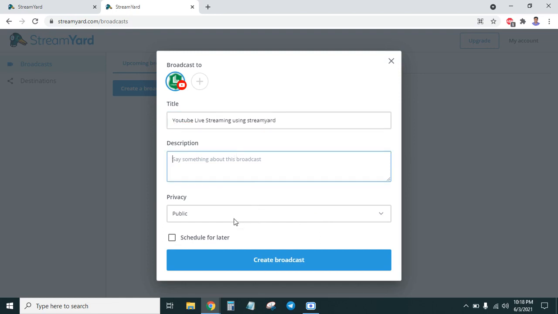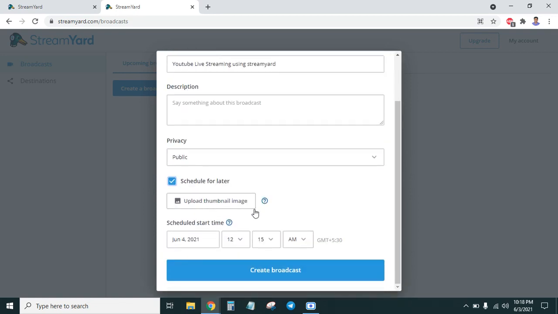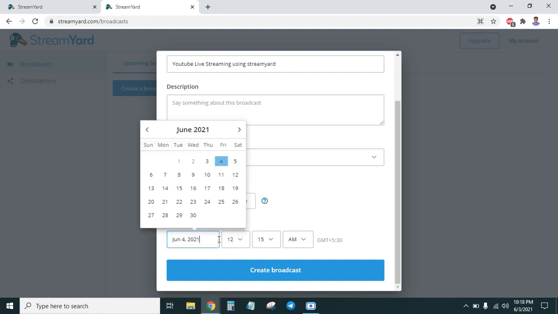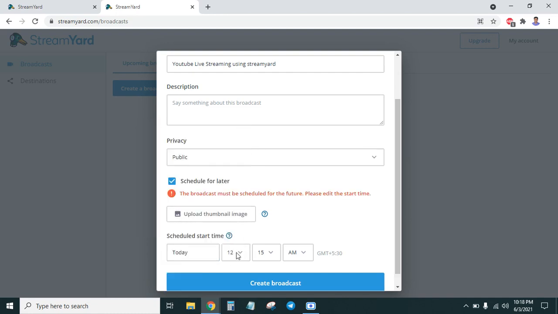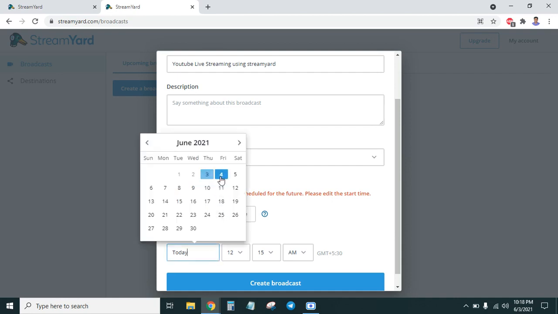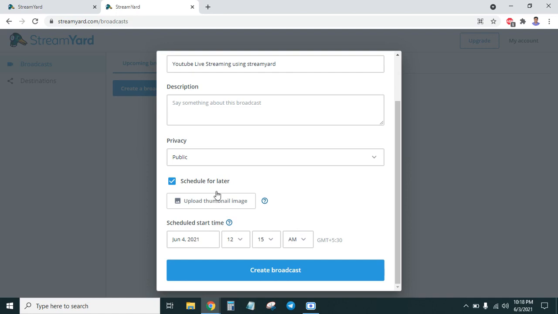Description, privacy is public. Schedule for a date, you can upload a thumbnail here, or you can schedule a date, and create a broadcast.